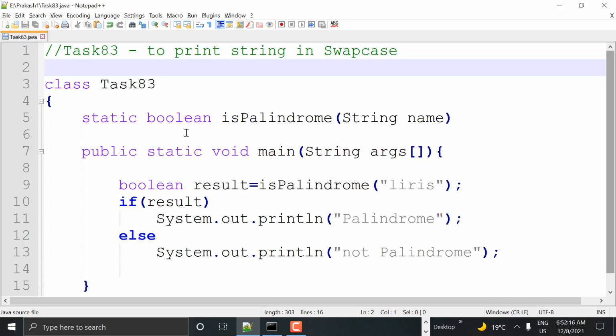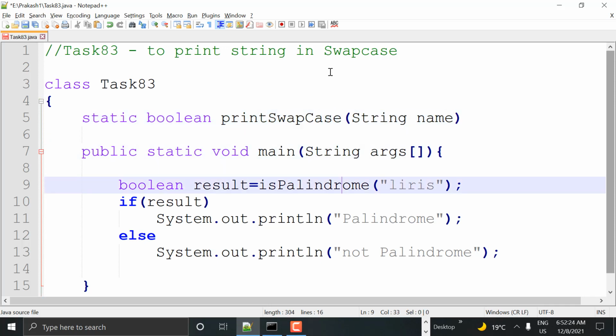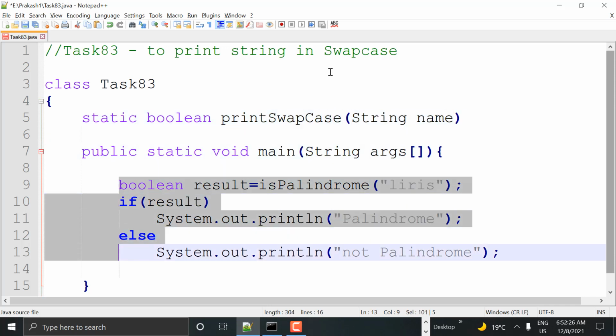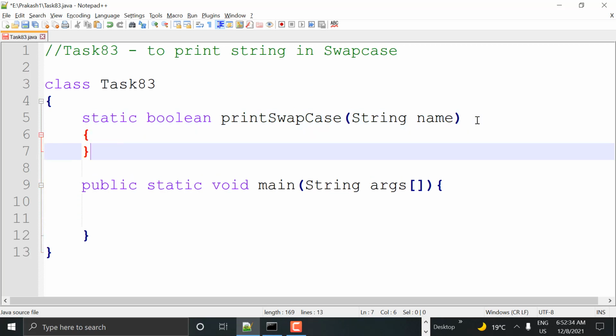For this, I'm creating our own method called printSwapCase. Let me delete all these lines of code first. This is the main method, and we are writing our own method called printSwapCase.